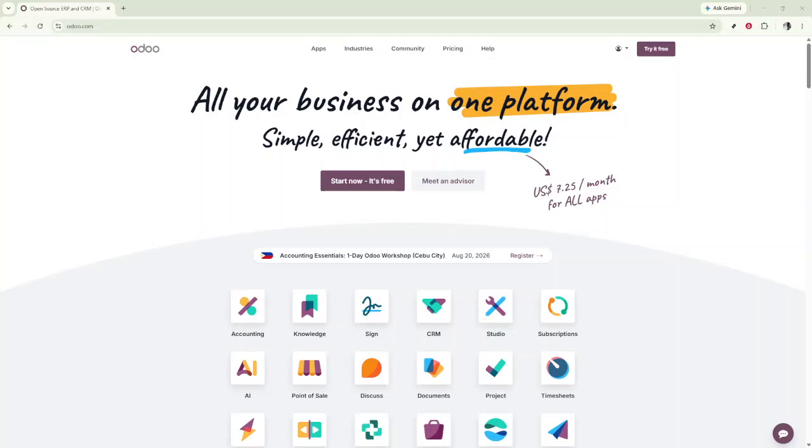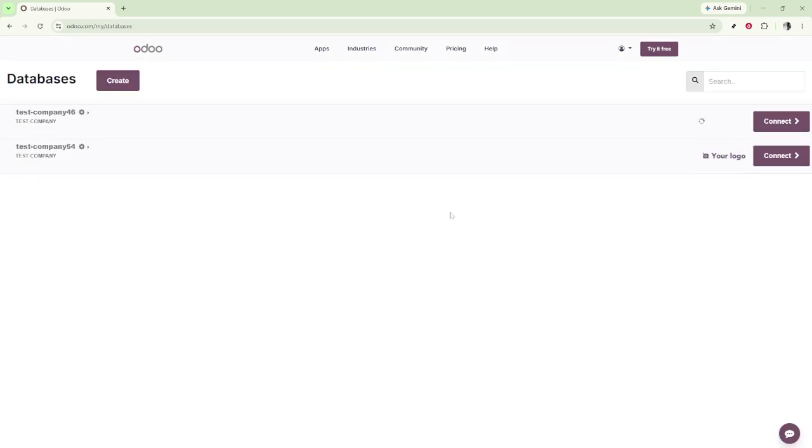In today's video, I'm going to teach you how to remove a product in Odoo. This is a simple process, but it's important to do it carefully, especially because deleting a product can affect how you manage your catalog and records. I'll walk you through the exact flow so you can follow along smoothly and make sure you're removing the correct